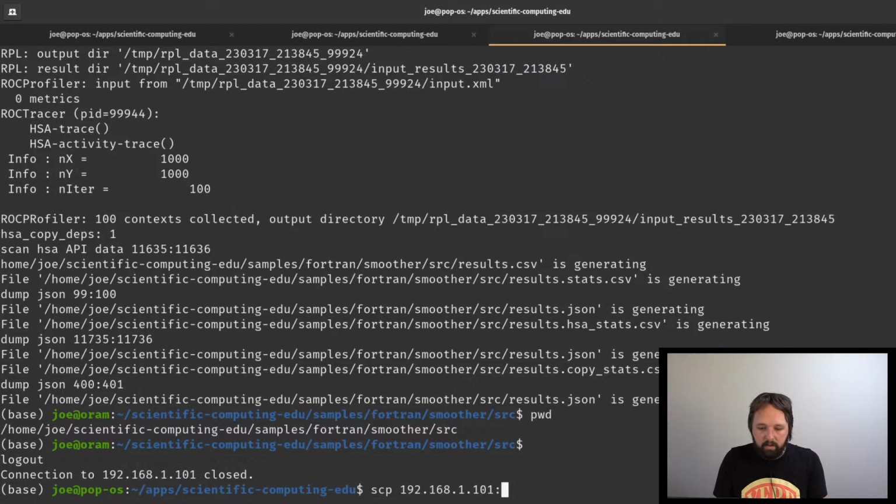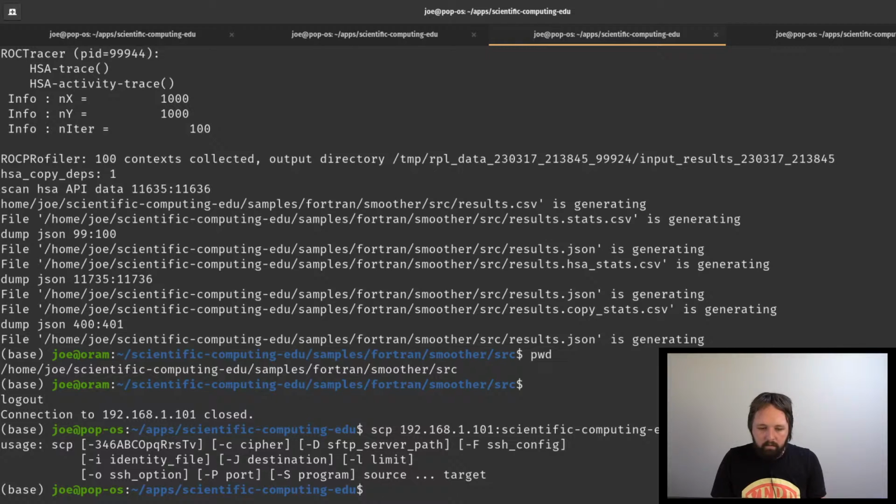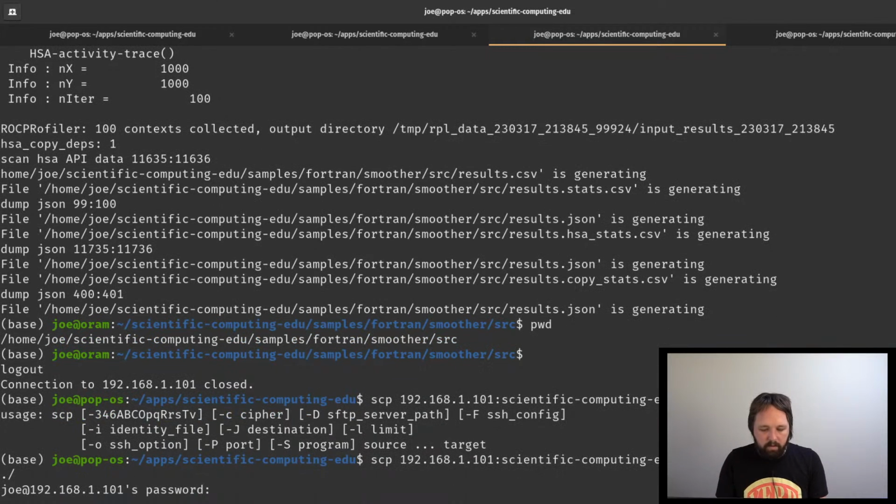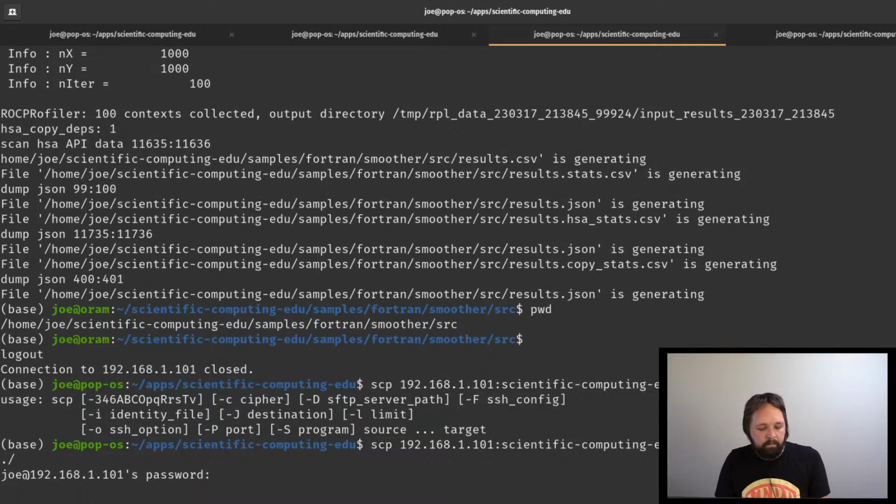And it's going to be that guy and then we're going to do this path. We're going to go ahead and download results.json. Oops, of course, I want to do it here. Okay, once that downloads, if I got my password right,